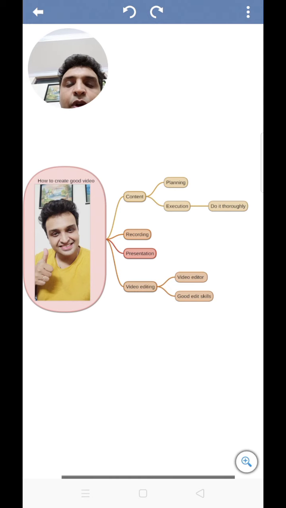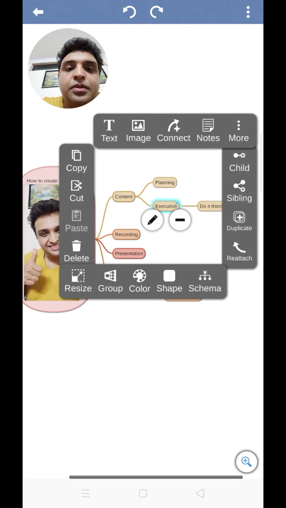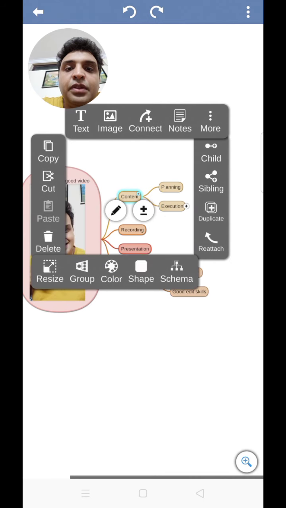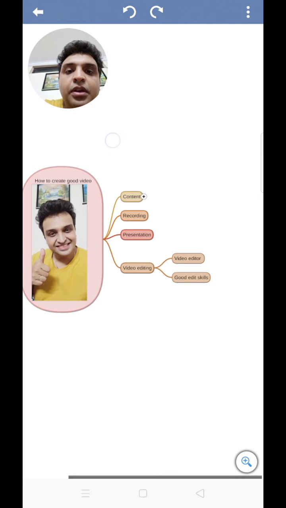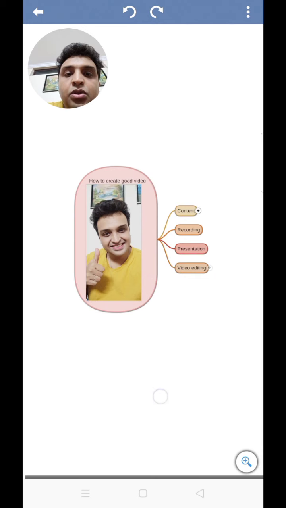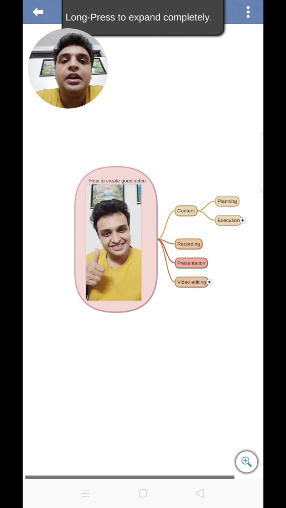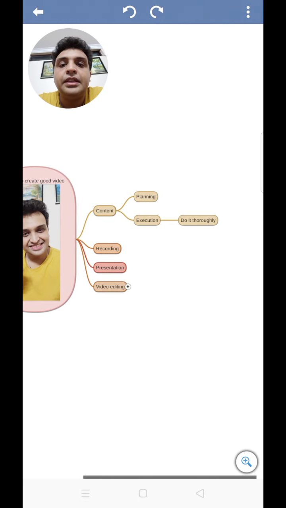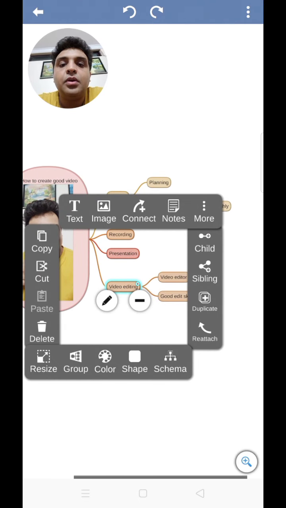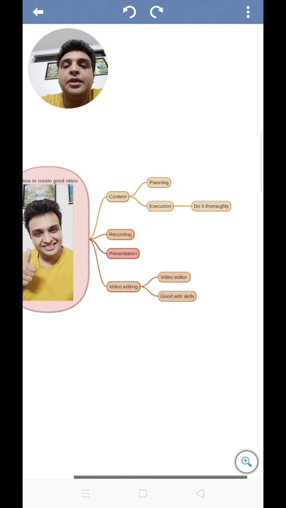Now the last thing I would want to show you is how you can close the child that we have opened. So we'll click here and then click on this minus. It will close it. Same thing here, minus, okay, and then here minus. That way initially our presentation will look like this, and as we progress we can start slowly opening one after the other, okay, like this. Okay, so that's exactly how you create a mind map.